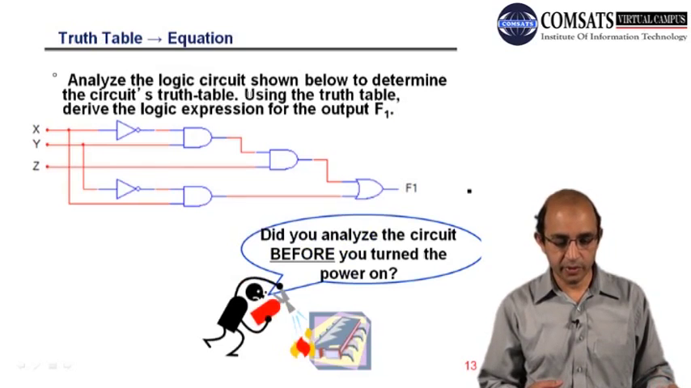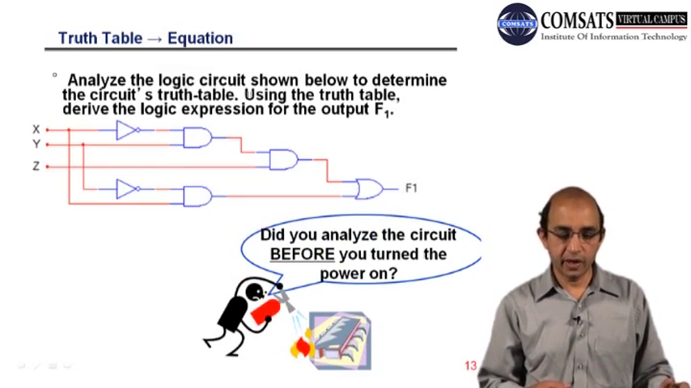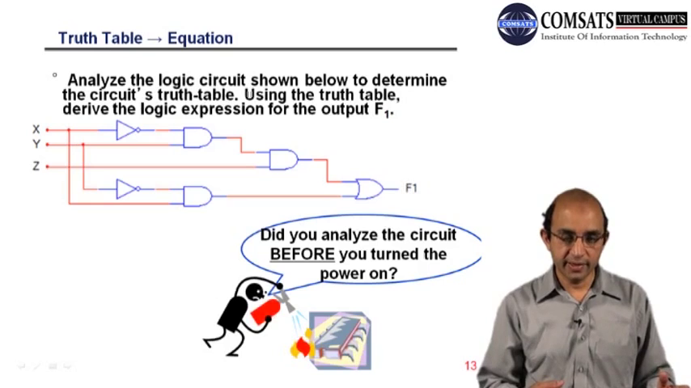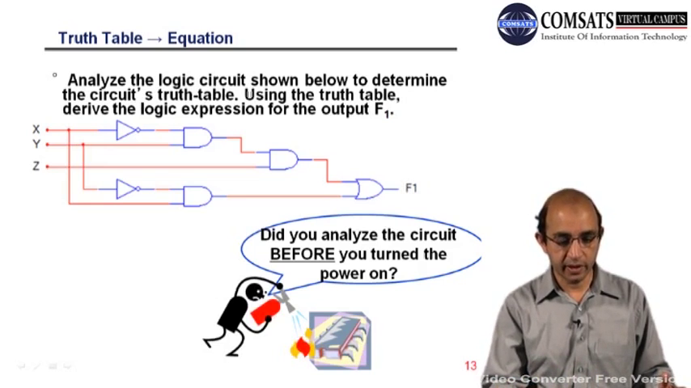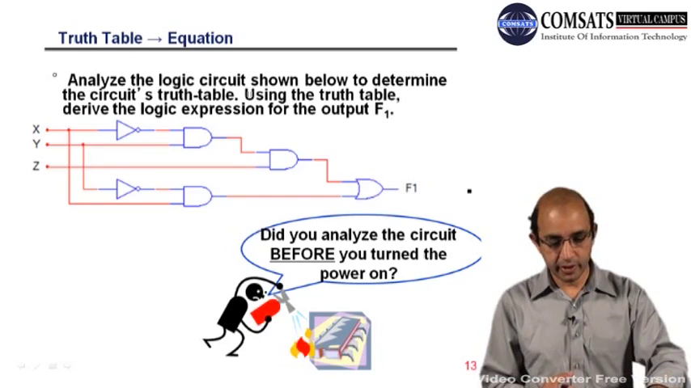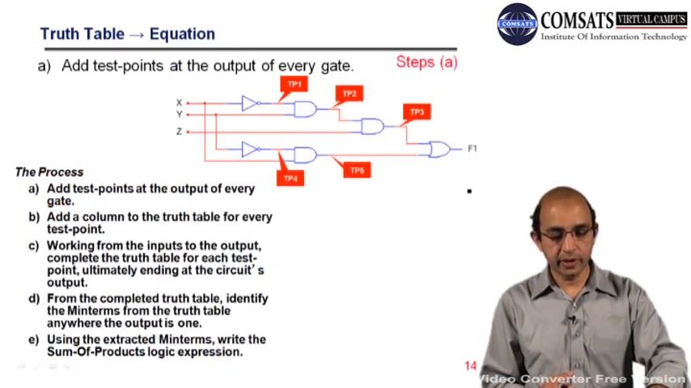So let's have an example, right? And we have to analyze the circuit. We have the truth table and we have to move towards the equation, and while doing that we will be analyzing the behavior of the circuit. This is the circuitry. So what we will be doing,